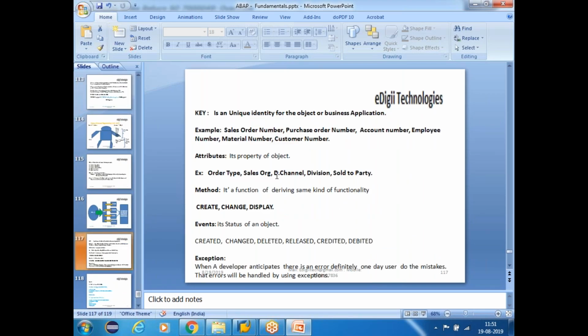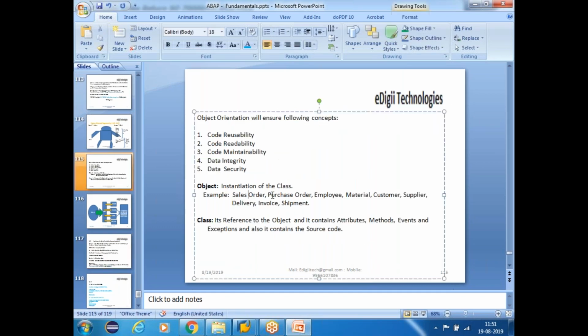Now the business objects. Sales order is a business object, purchase is a business object, employee is one business object, customer is one business object, supplier is one business object, and delivery is a business object. So every business object will have the key things: what is the key of your business object, what are its attributes and properties, what methods, or functions, I can perform with that business object, what are the events with the business object, and also the exceptions, guys. Okay,